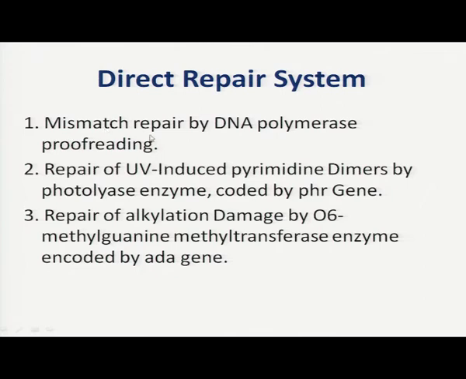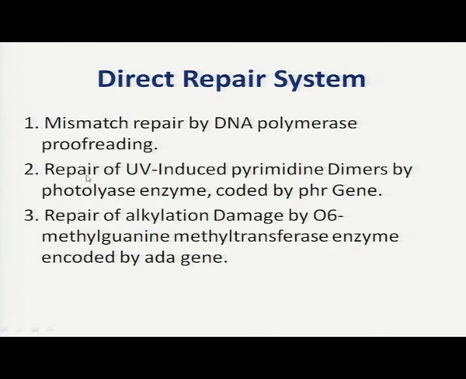The first is mismatch repair. In case of mismatch repair, DNA polymerase proofreading is there, which we already learned in the DNA replication chapter. If an incorrect nitrogenous base is added by the DNA polymerase, at the same time DNA polymerase will remove the wrong one and will add the correct one. So, there is correction of only the wrong nucleotide or damaged nucleotide,